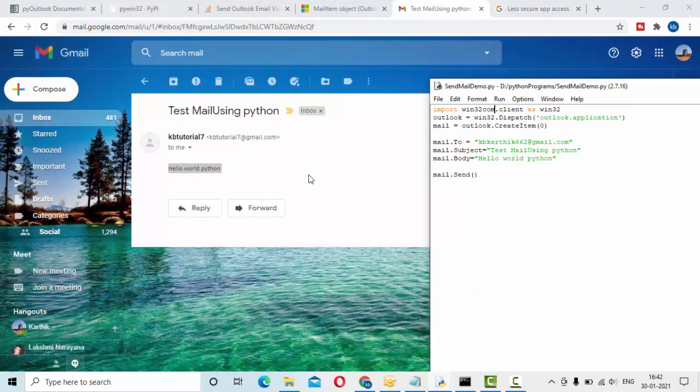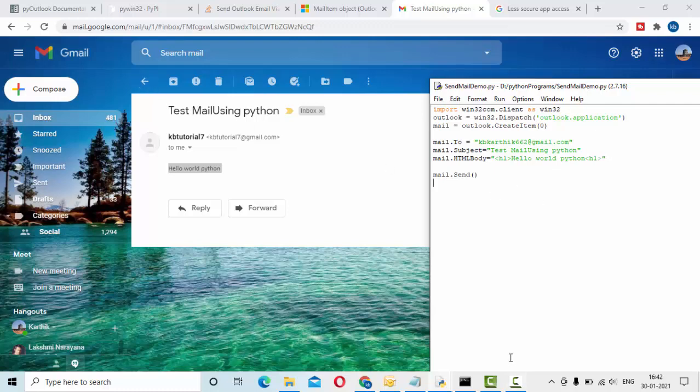If you want to send it in HTML format, you have HTML body. Let me use something like h1. H1 is a heading of h1 type. There are 5 to 6 heading types, h1, h2, h3, like that. So these are the top headings.